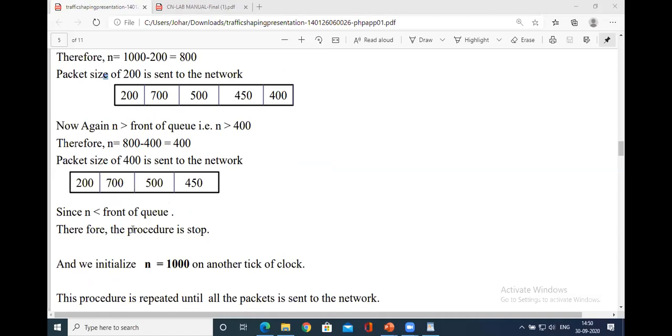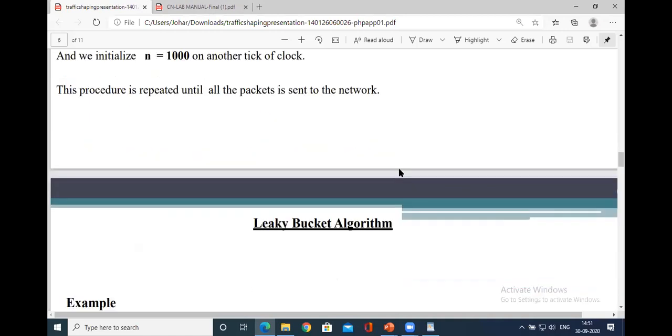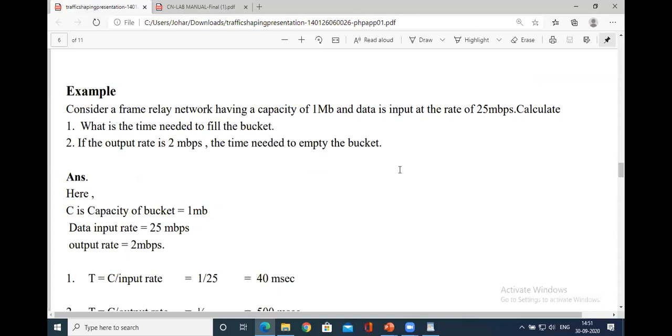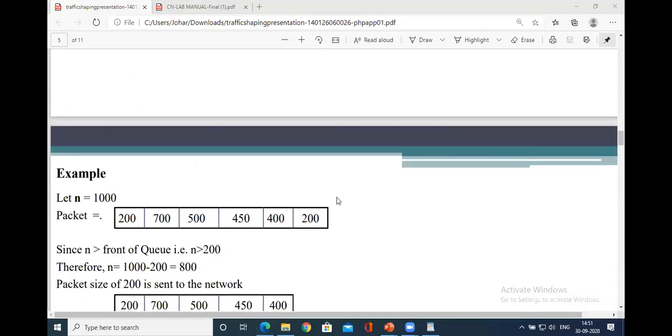In fact, while writing the program, we just demonstrate this concept. So the value of n is 400. N is less than the front of the queue. Therefore, the procedure is to stop. So we initialize n equals 1000 on another tick of the clock. This is with respect to the procedure of leaky bucket.